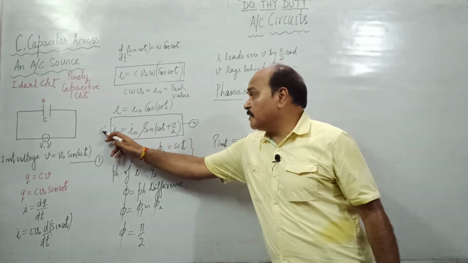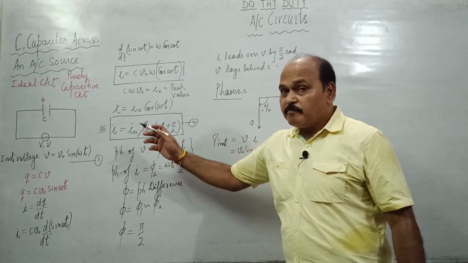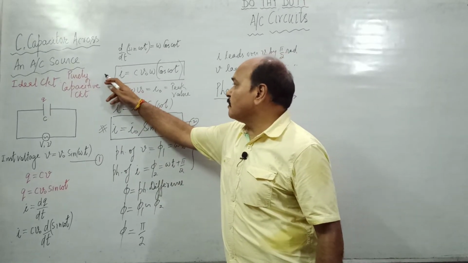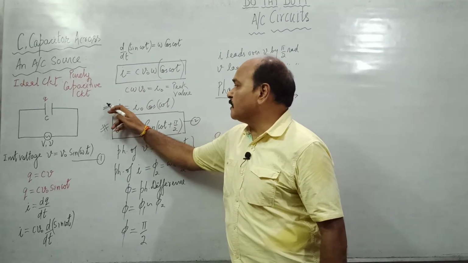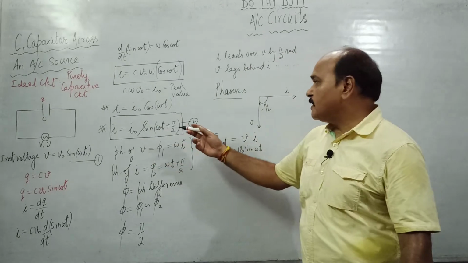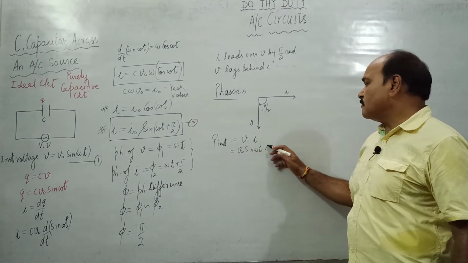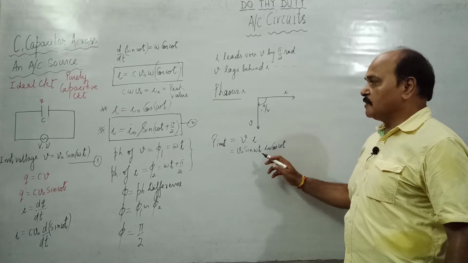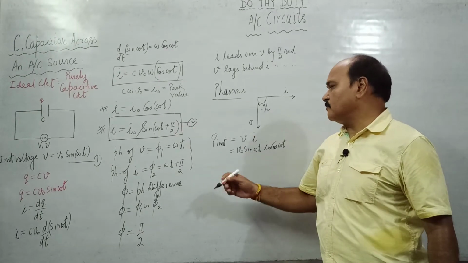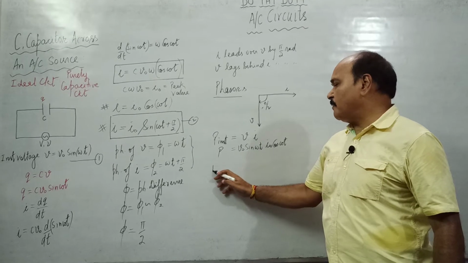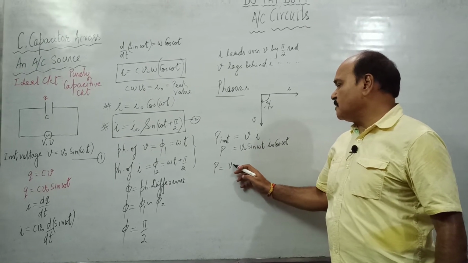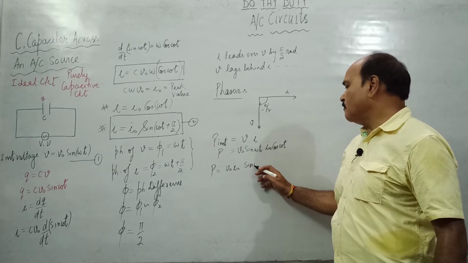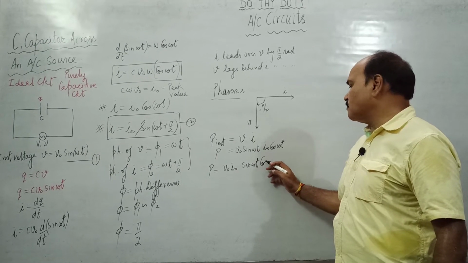We can write this current. We have written this current in sine form because we wanted to compare the phase of current and voltage. Otherwise, this is also the notation of your current. So if we write I as I naught cos of omega t, it would be fine. We can write this also. So this is the instantaneous value of power: V naught I naught sine of omega t cos of omega t.